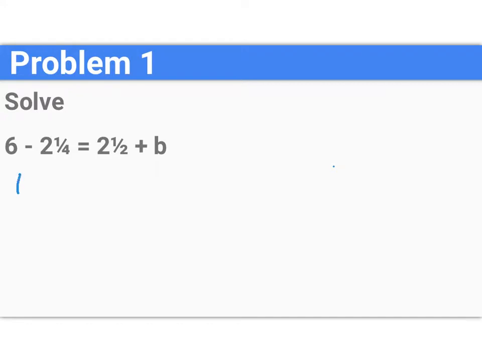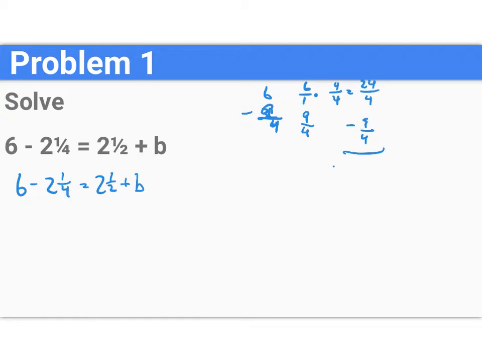Okay, so the first thing we're going to do is 6 minus 2 1/4 equals 2 and 1/2 plus b. Okay, 6 minus 2 1/4. 2 times 4 is 8, plus 1 is 9 over 4. Now we know that all whole numbers can be made over 1. Since we have to get the bottom to be 4, we multiply by 4 over 4, and then you get 24 over 4 minus 9 over 4, which gives us